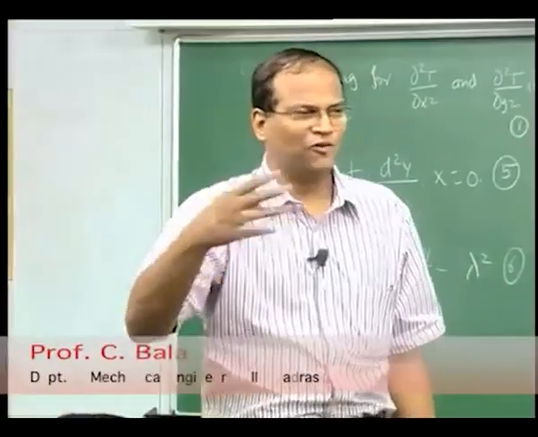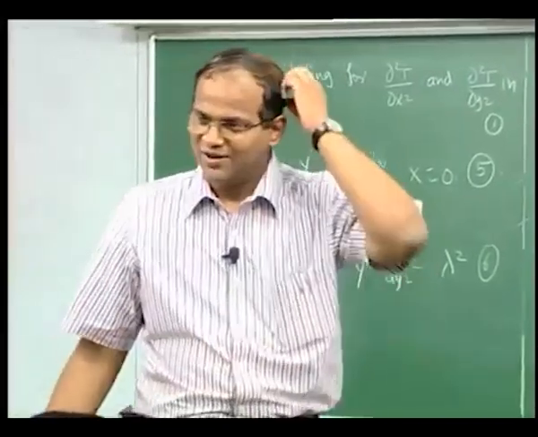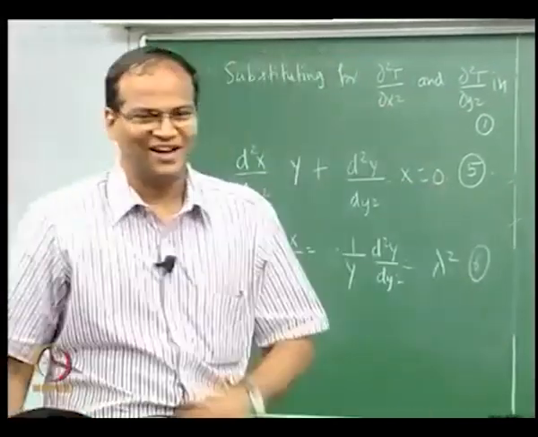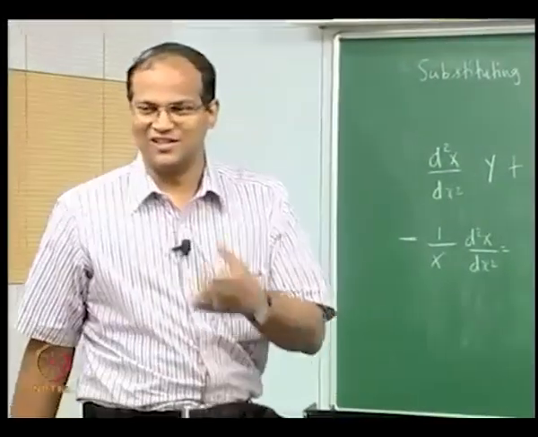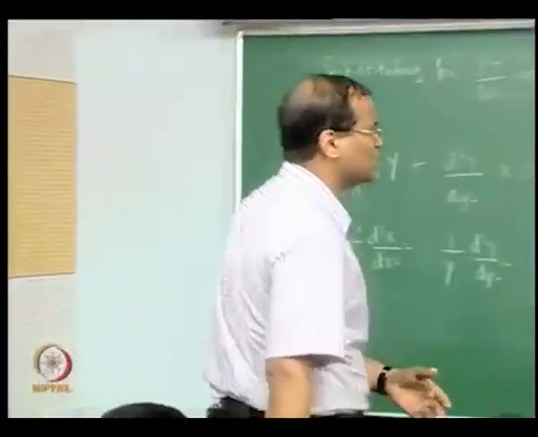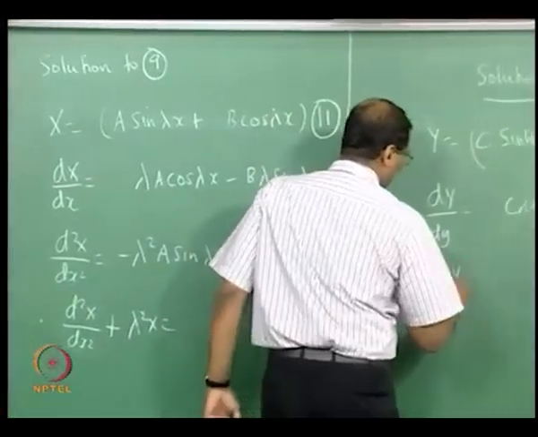Why am I saying e to the power of minus mx? I am so obsessed with fin heat transfer. So that m is root of hp by k, so theta by theta b is e to the power of minus mx or cosh m(L minus x) divided by cosh mL. So, therefore, this is like this. So, d squared y